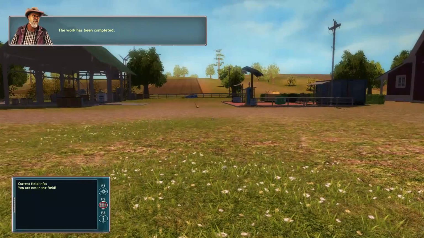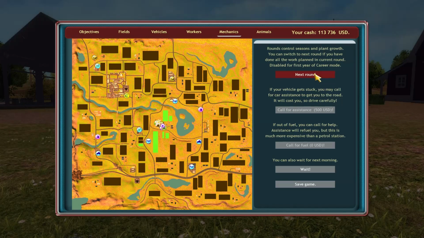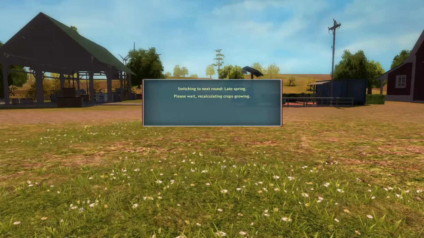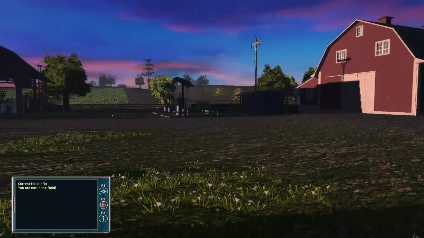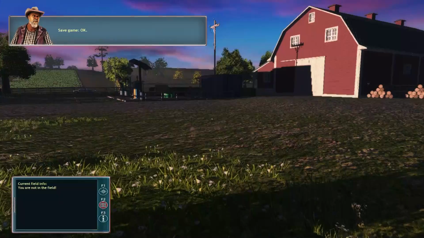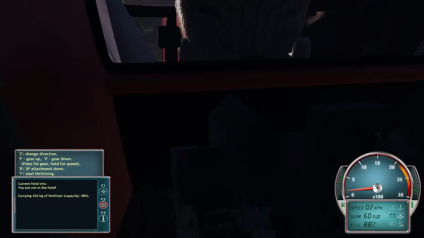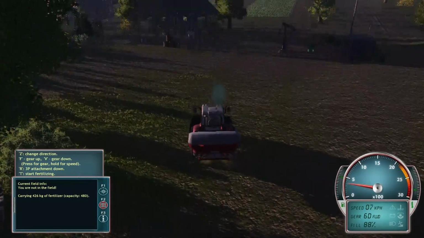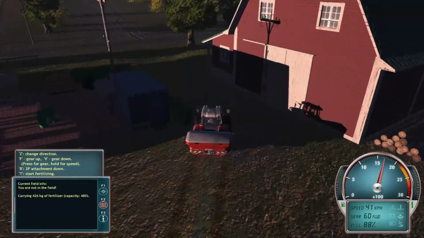Okay, all fields are planted and accounted for, I believe, so we'll advance it to the next season. And just to be safe, I'll save the game as well. Don't think I've had any crashes in this game yet that I recall off the top of my head. You never know, there's always a first for everything, so...